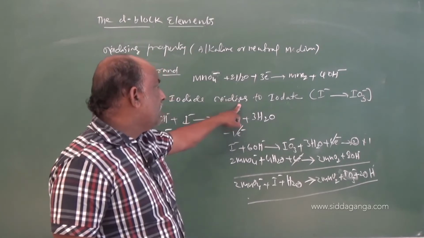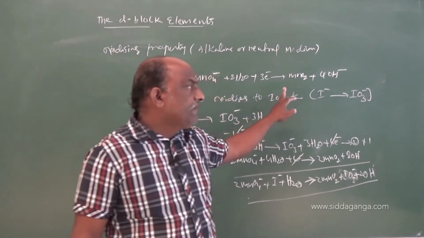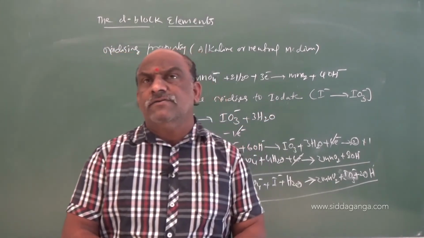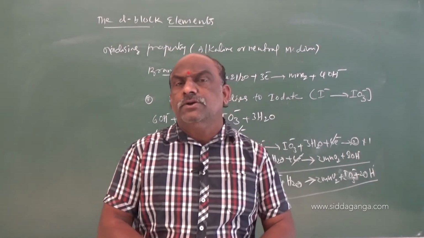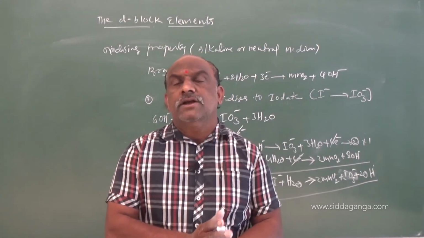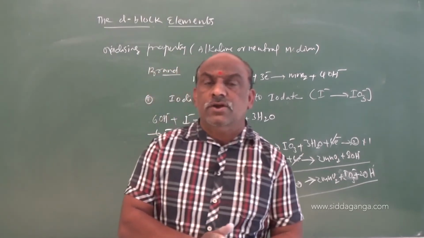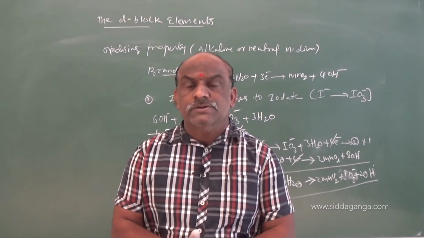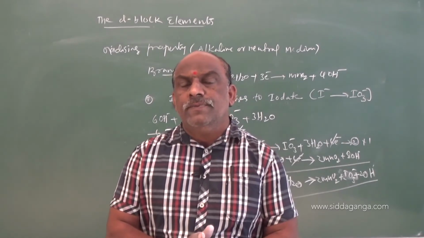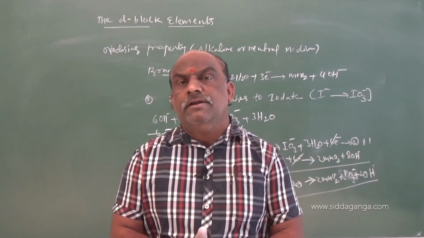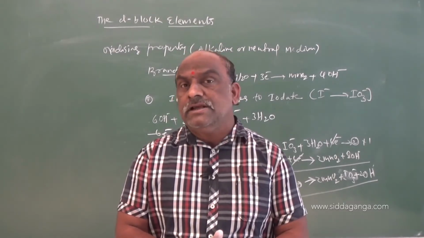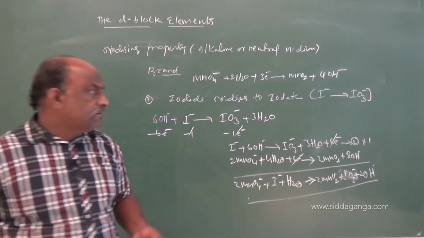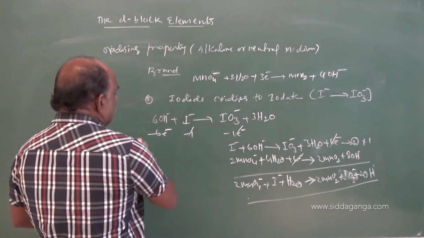Number 1 is iodides oxidized to iodate. Second one, thiosulfate. Thiosulfate formula S2O3, the S2O3 2 minus ion is called thiosulfate, oxidized to sulfate. And manganese 2 salts also oxidized to MnO2 in which medium? Neutral or fairly alkaline medium. So, these are the chemical properties of potassium permanganate, and the reactions that take place with respect to iodides and